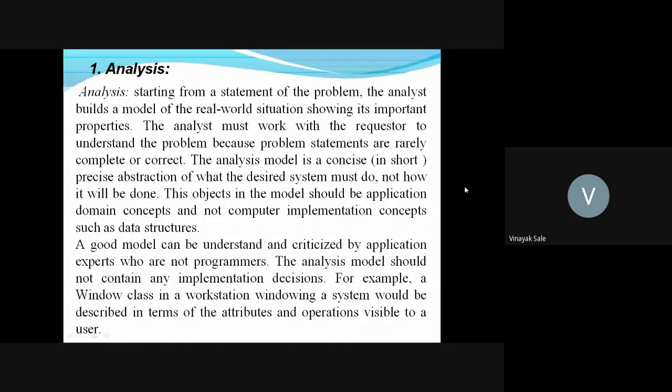A good model can be understood and criticized by application experts who are not programmers. The analysis model should not contain any implementation decisions. For example, a window class in a workstation windowing system would be described in terms of attributes and operations visible to a user.